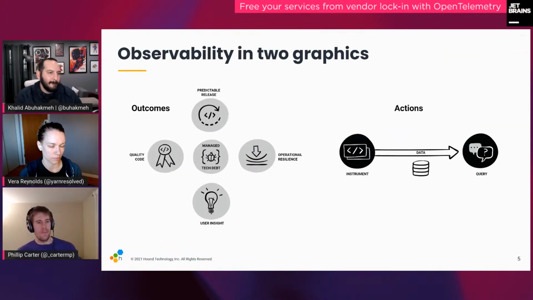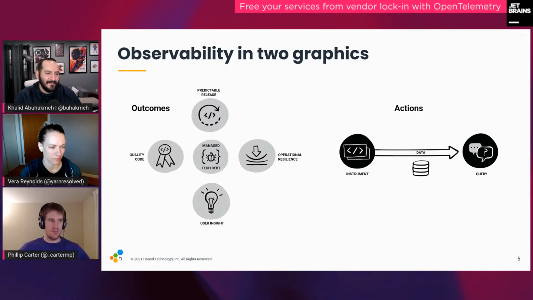So you may have heard the phrase observability before. There's a bit of a thing going on in industry right now called observability washing, where every single vendor that has ever done anything at all with logs or metrics or traces will say that they are also doing observability. Jury's out for a lot of them. We at Honeycomb like to think that we're one of the few who actually are doing observability right,